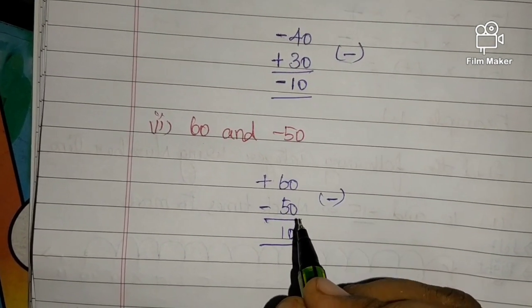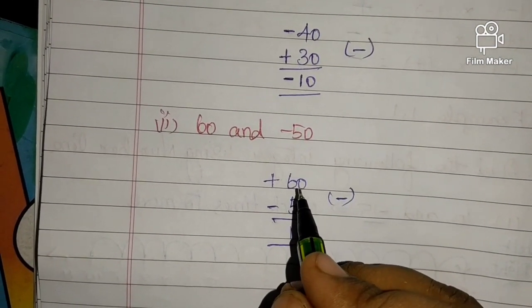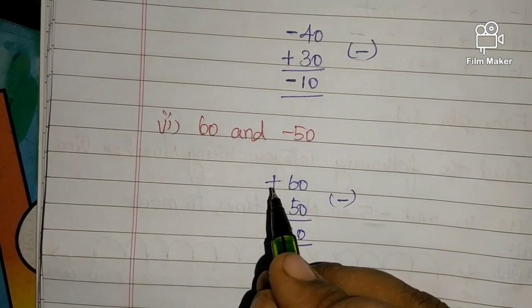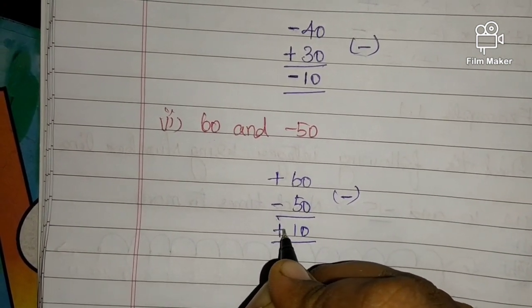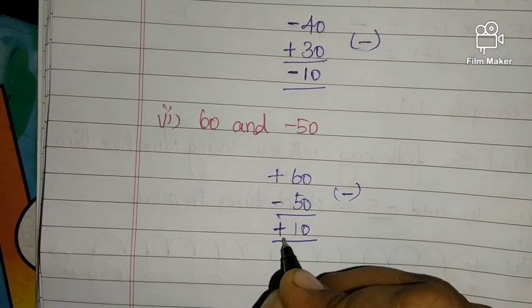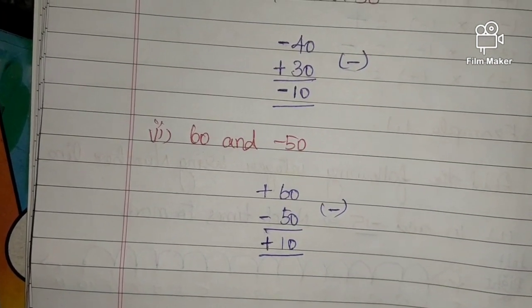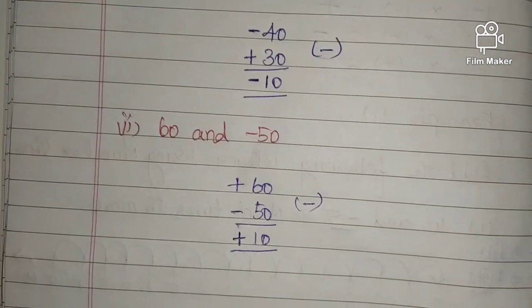So which is the greater number here? 60 is the greatest number. Before the greater number, what symbol is there? Positive symbol is there. So we just give the positive sign before the answer. Okay, are you clear with this? So next example